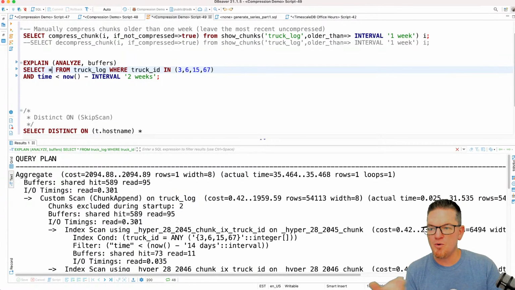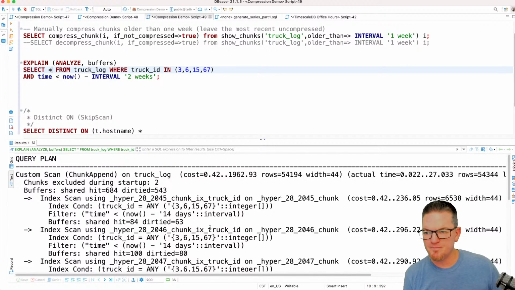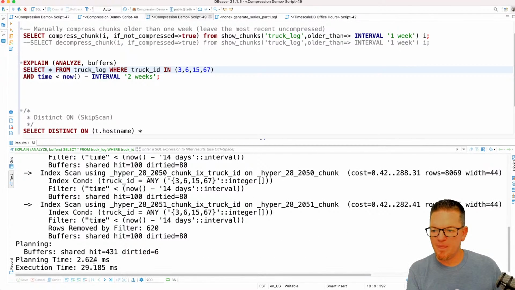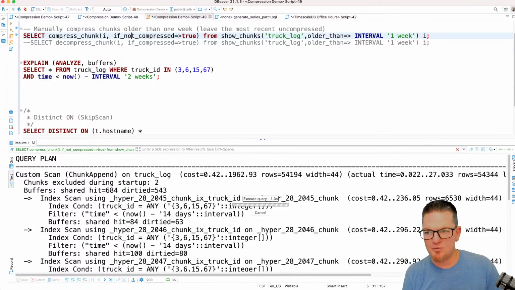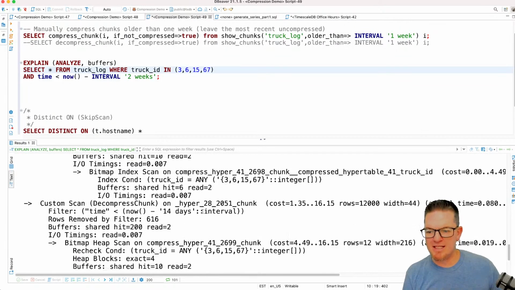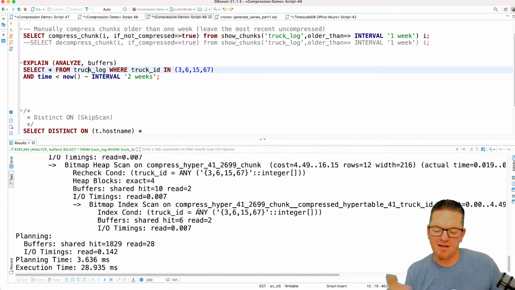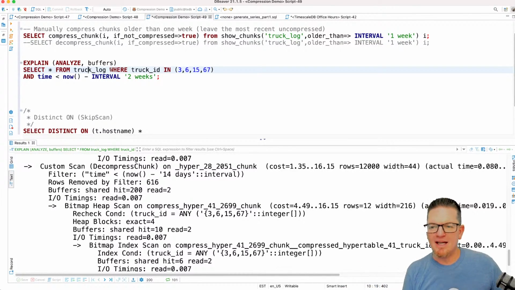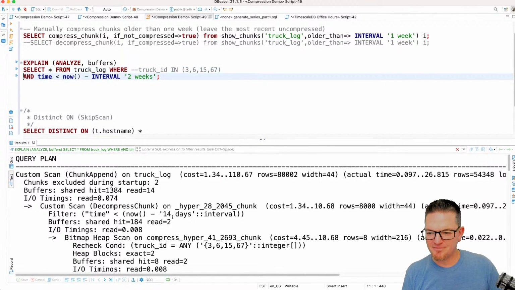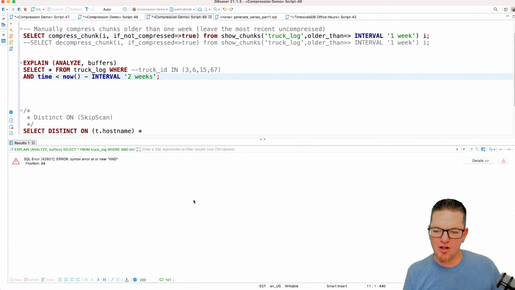So if I do select star from, now as an uncompressed table, it's pretty efficient, right? 29 milliseconds. If I compress this table again, and then I do that same select star, we'll see that it is a little bit slower. 28 is not all that much slower right now. I'm doing myself a disfavor, honestly, by doing this. So let me just get rid of that and run this again. You'll see that we have to decompress all of those things, and it just ends up,